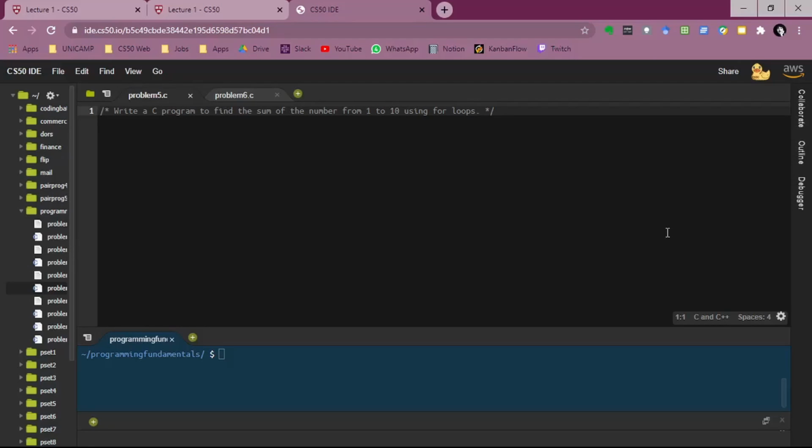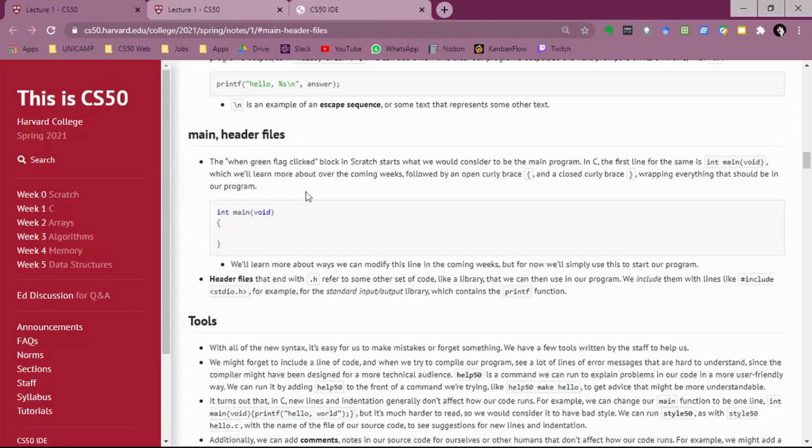Okay, so the idea is to use a for loop to do the sum of the numbers from 1 to 10. So we're going to sum 1 plus 2 plus 3 plus 4, and so on until 10, okay? As we saw in the previous videos, we have to put the header file, that's our library, and also we have to create the main function